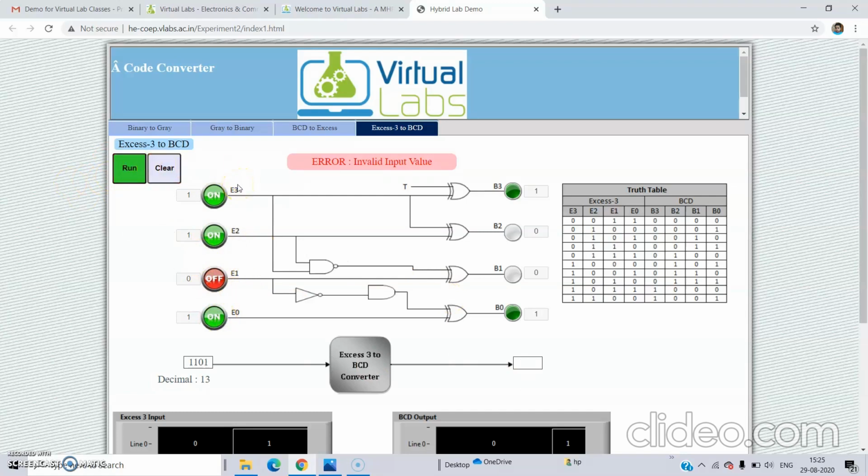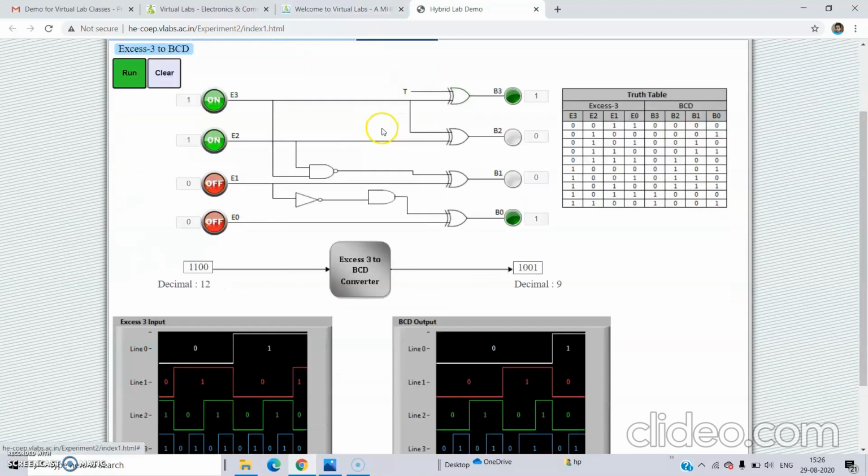Up to 12 only we have the numbers. 12 is the last number. We have decimal numbers from 0 to 9, that is BCD numbers from 0 to 9 only, and excess 3 starts from 3 and ends at decimal number 12. So the experiment is done now.